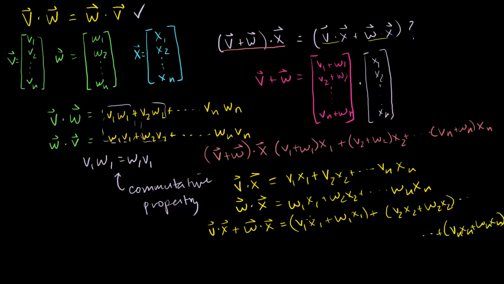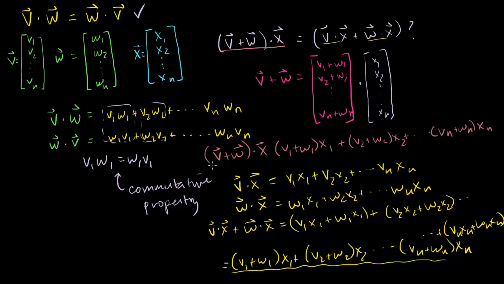So we can take the x's out, and what do you get? This is equal to, let me write it here, we could just factor the x out: v1 plus w1 times x1 plus v2 plus w2 times x2 all the way to vn plus wn times xn,